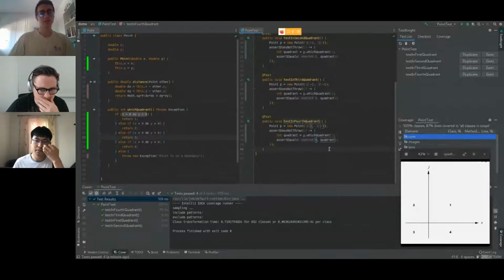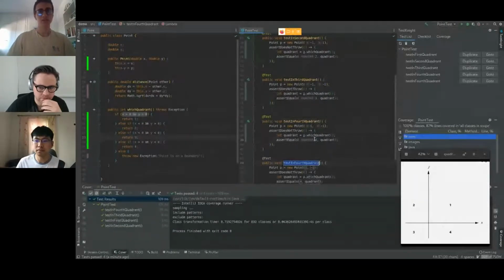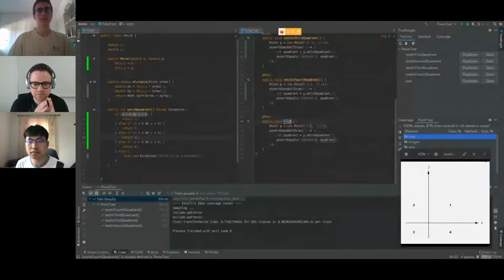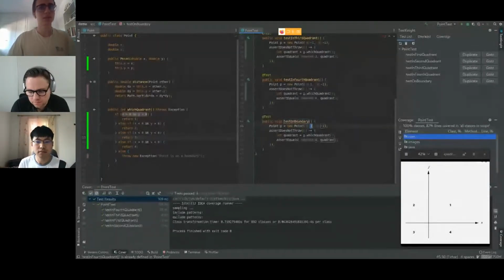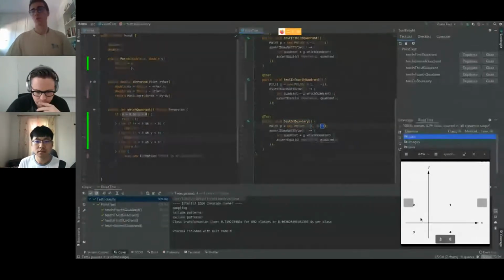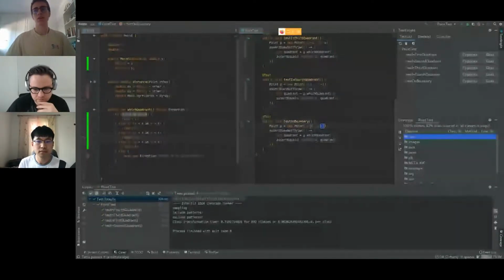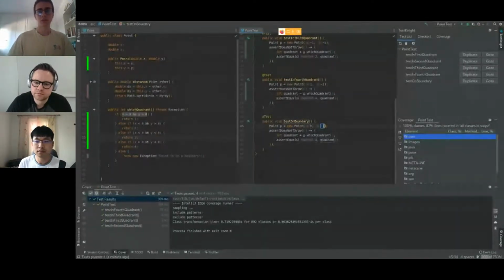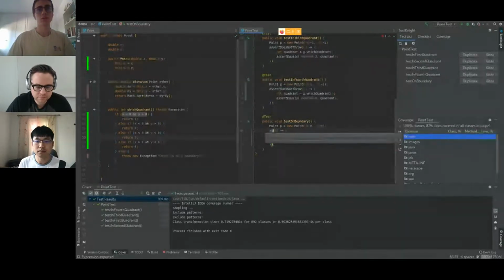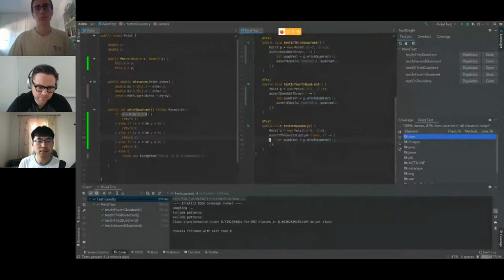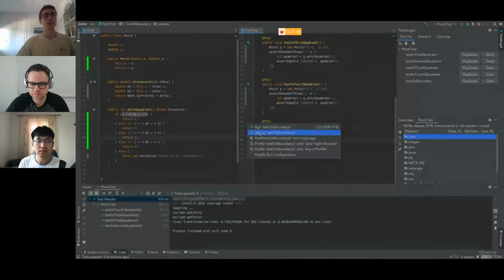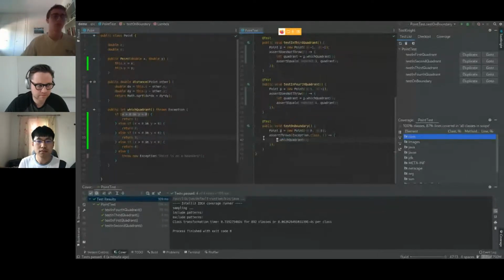So to maybe show this a bit better, we still have one uncovered line over here, this last branch. So we can make a test case for that. Once again, duplicating. And this case corresponds to being on the boundary, so 0, 0, for example. And in this case, we also need to make sure that we do throw an exception. All right, and now if we run this test case as well with coverage,